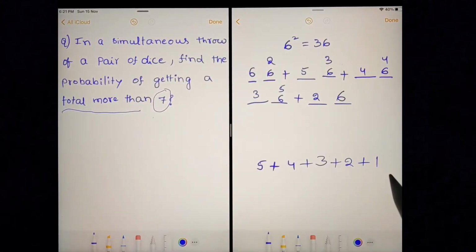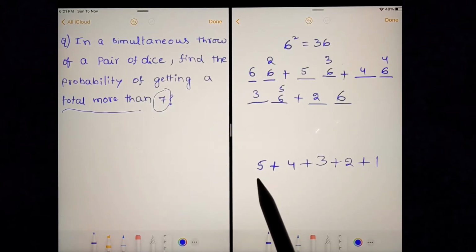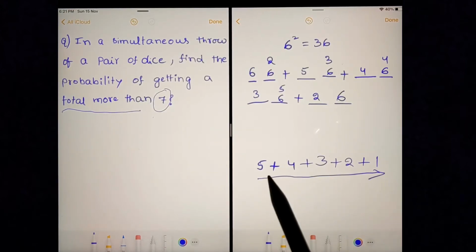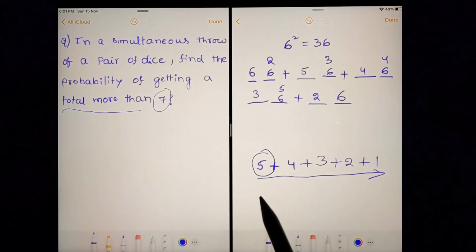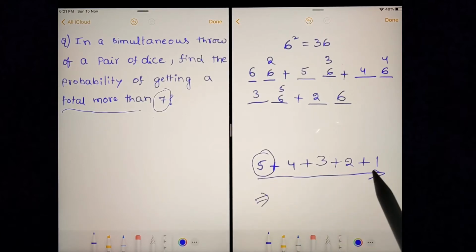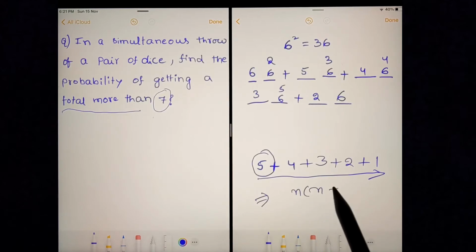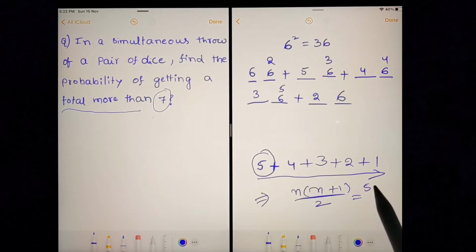This is 1 outcome. Here if you can see, this is nothing but sum of n numbers. Here n is 5. To find out the number of expected outcomes, we need to sum manually, or because this is sum of n numbers, we can directly use the formula. Sum of n numbers formula is n into n plus 1 by 2. Here 5 into 5 plus 1, 5 plus 1 is 6, by 2. 2 3s are 6. So 15. Total 15 outcomes are there.